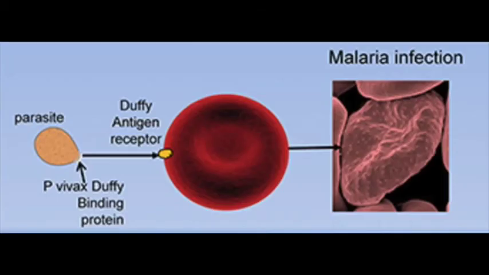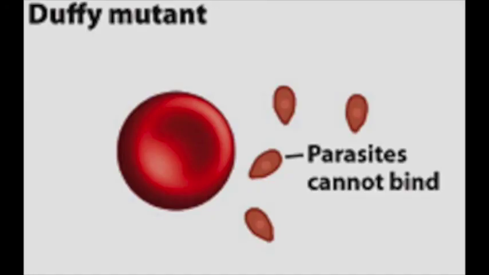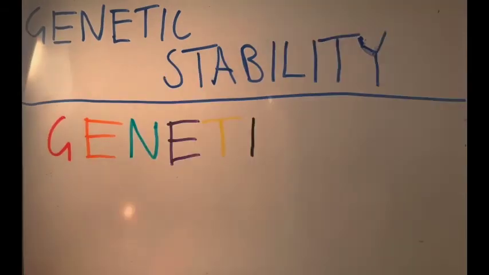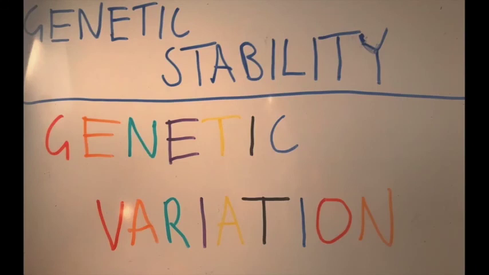The Duffy antigen gene encodes for a protein that the malaria parasite needs to enter a human's bloodstream. A point mutation in this gene disrupts the creation of the Duffy antigen, impeding the parasite. It must be noted that while genetic variation allowed the mutation to occur, the genetic stability that meiosis and mitosis